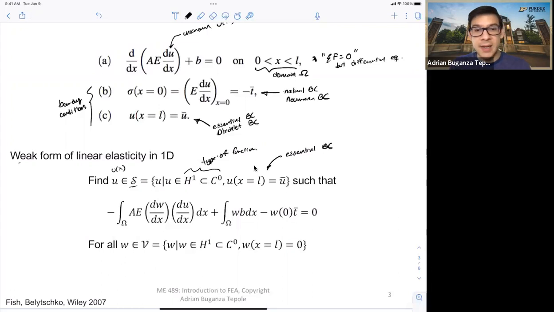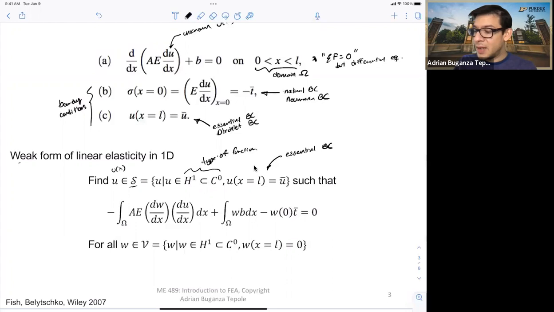So that one just says, what is my goal? My goal is to find the function u of x with just a couple of conditions. One is that it has to satisfy the essential boundary condition, and the other one is that it has to have a certain degree of continuity. This just means u belongs to this H1 space or C0 space, which denotes some degree of continuity, and I'll define what that means in a sec, but it's just a little bit of a condition on that function u,